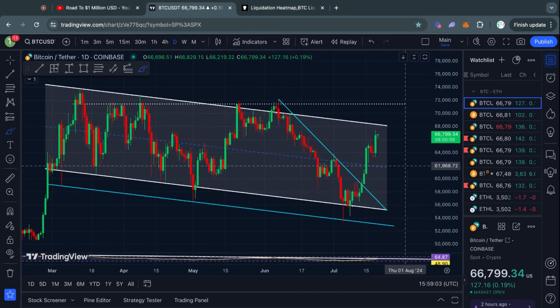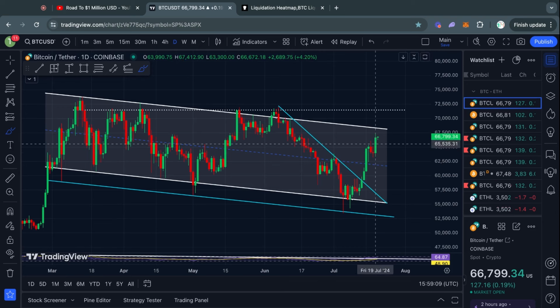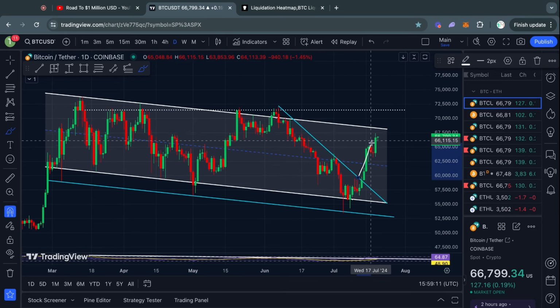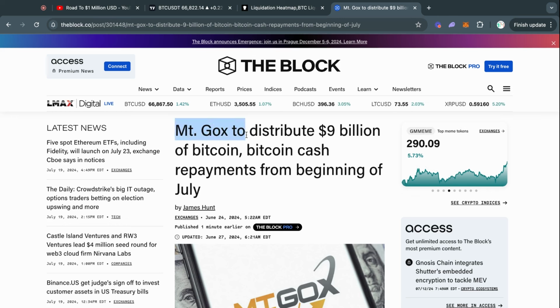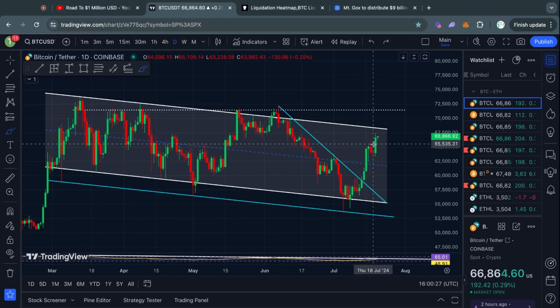Although one thing to keep in mind, and this may actually kind of ruin the party here, is the Mt. Gox distribution. Mt. Gox is an old exchange that is going to refund a bunch of their users. In total, they are going to distribute about $9 billion worth of Bitcoin. Now, I am not fully sure if they are actually releasing that $9 billion, but either way,